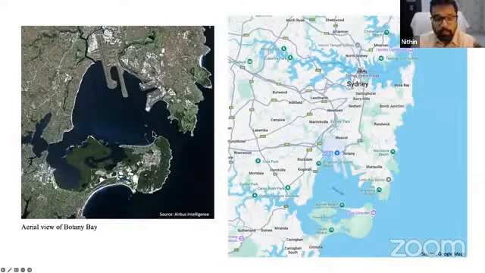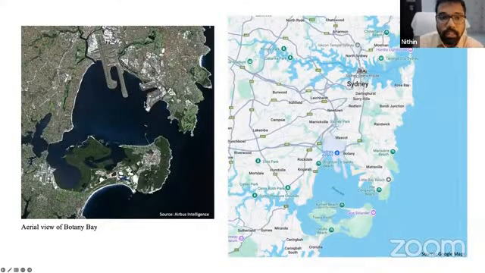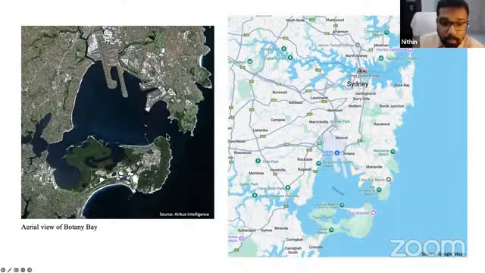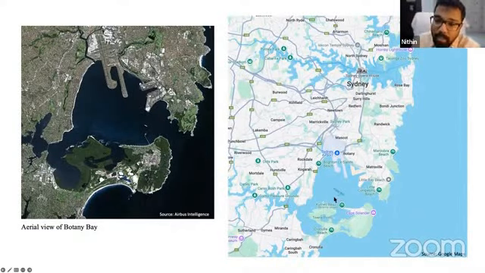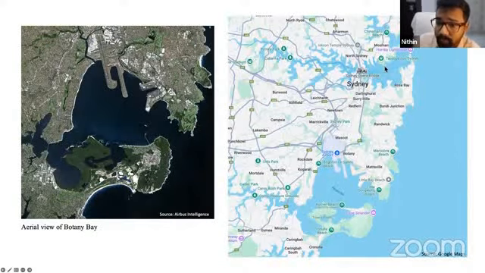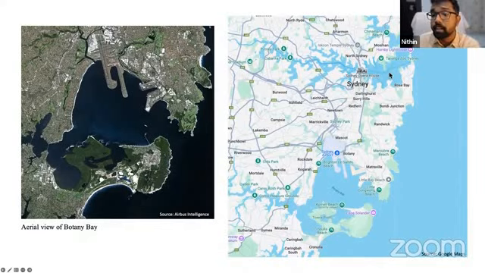The picture on the left is an aerial photo of Botany Bay, and you can see the Sydney airport runway in that image. James Cook landed here in 1770, and in the second picture, you can see Botany Bay at the bottom. That is where Arthur Phillip also came, but he found out that it was not a viable place, and they moved further up. You can see the Sydney Opera House there on that small piece of land. He landed there, and that is where the first colony was formed.